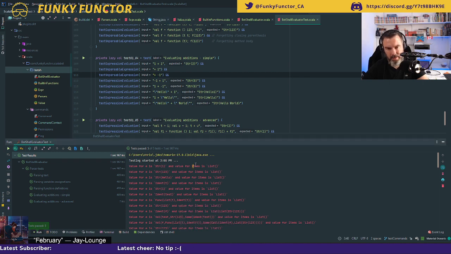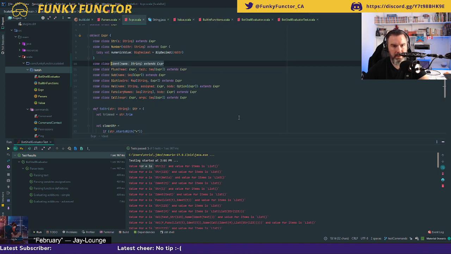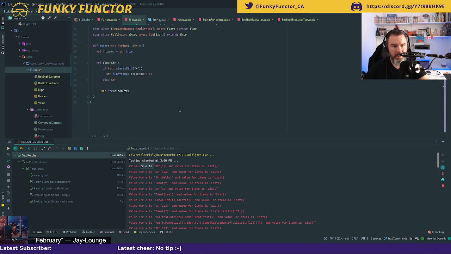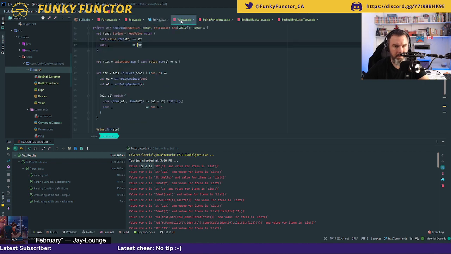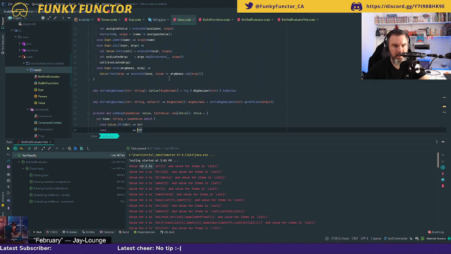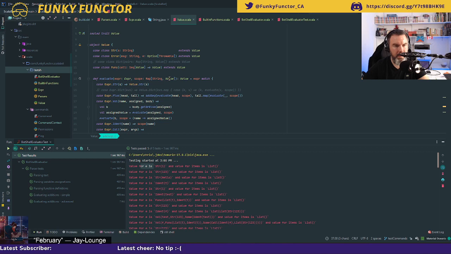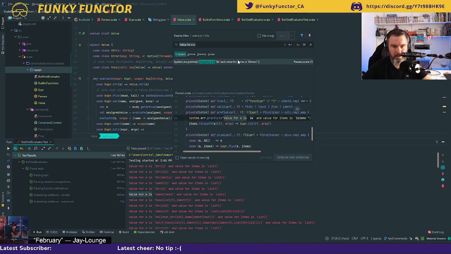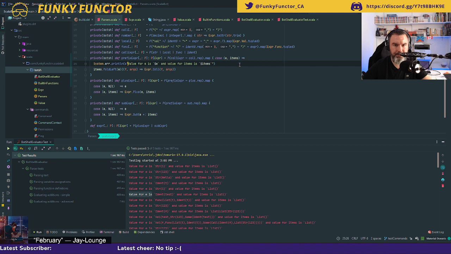Okay, so I need to get rid of this value for E. Yes, I'm not using that. Where did I put this ugly beast? Right. I'm just going to do a Control C. Let's run a search. Value for E is here.